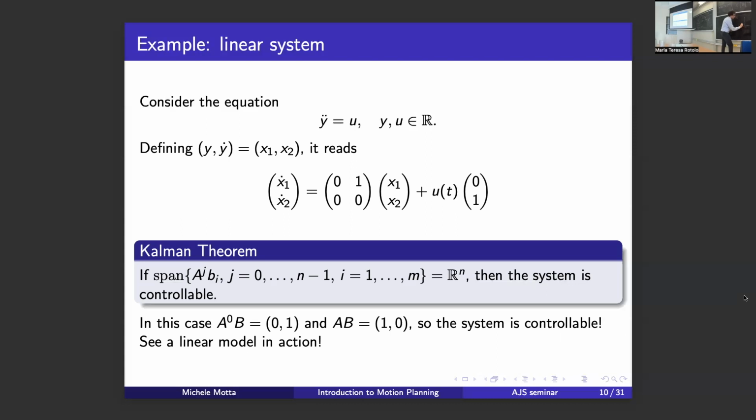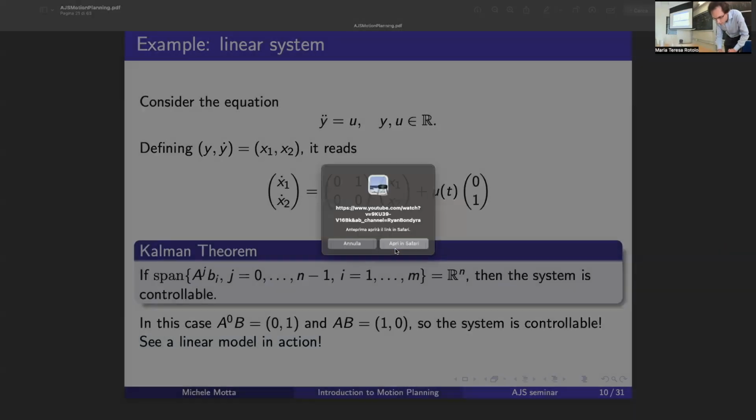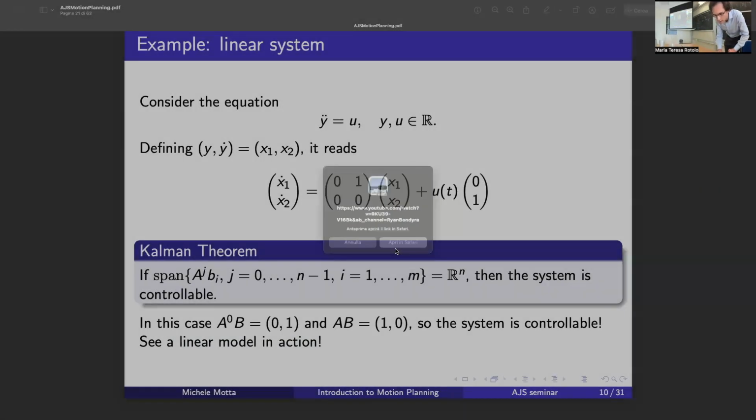Here you have your point x, and you want to control this point in order to maintain the vertical configuration. And of course, here the dynamics is not linear. There are very few examples in nature where the dynamics is linear, but nevertheless, if you use a linearized